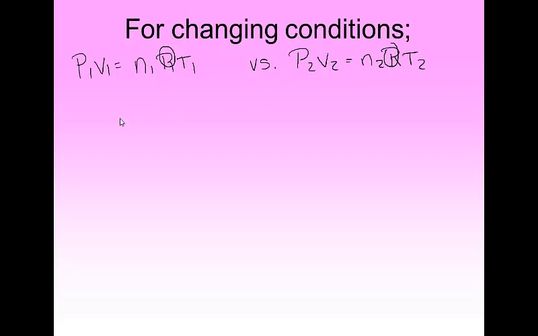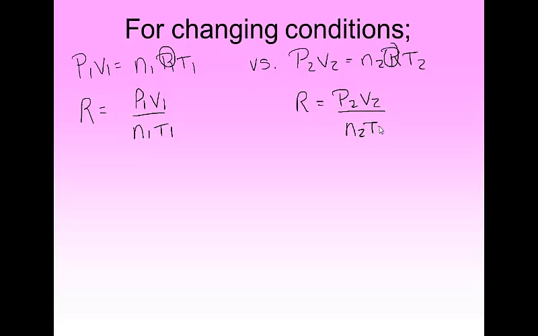It's not going to change. That means this one becomes P1 V1 over N1 T1, and this one becomes P2 V2 over N2 T2. Well, if R is equal to this and R is equal to that, then guess what? For a set of changing conditions, you can actually use the PIVNERT,